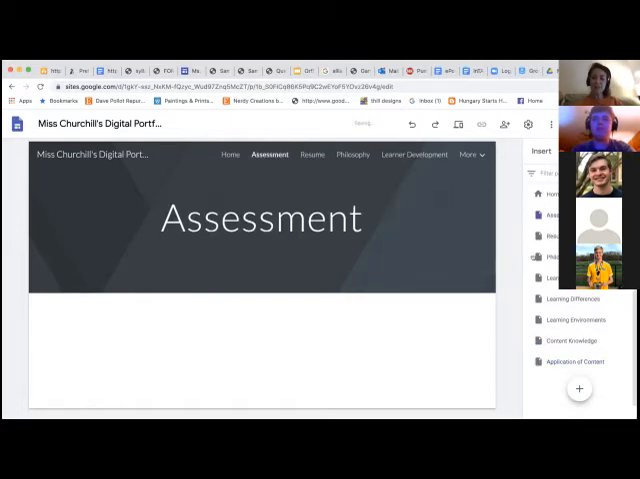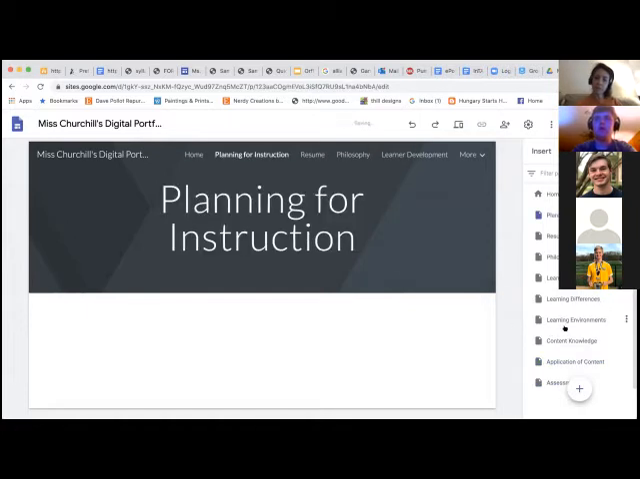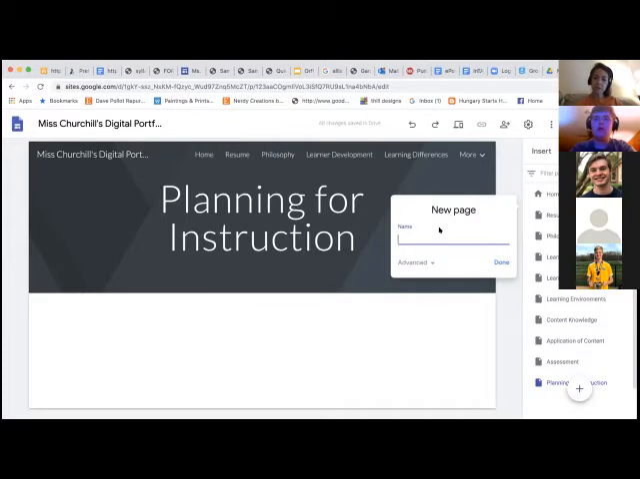Assessment is going to be another section. So each of these things that I'm making right now, each of these pages are places where you're going to put evidence. Planning for instruction is another one. Drag it down. Plus,